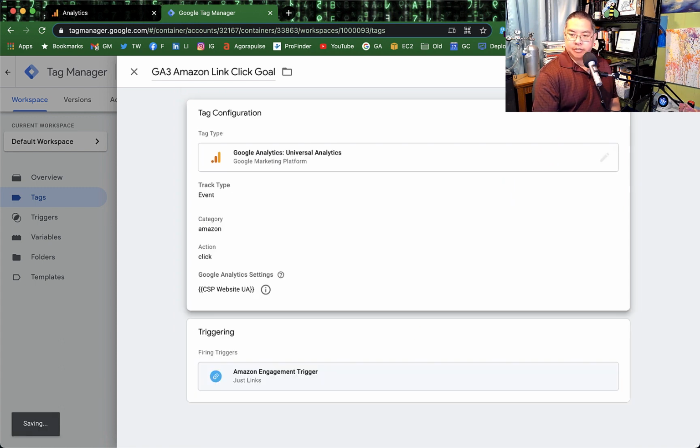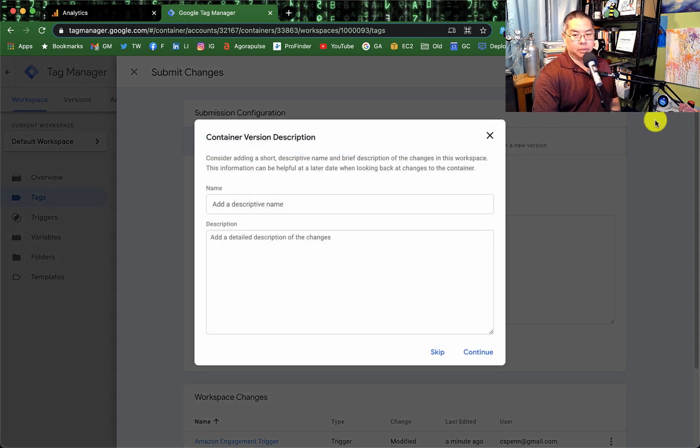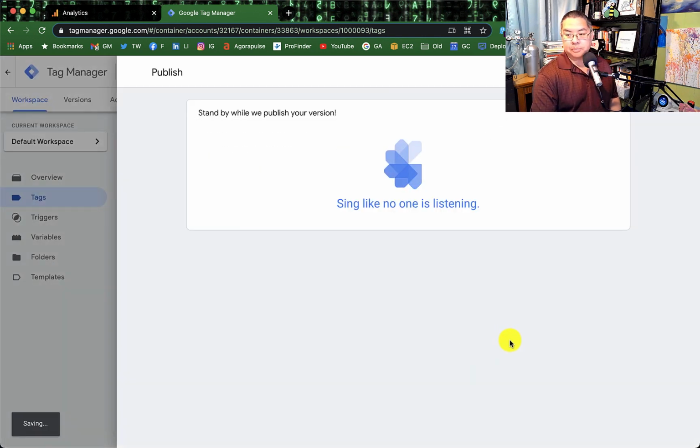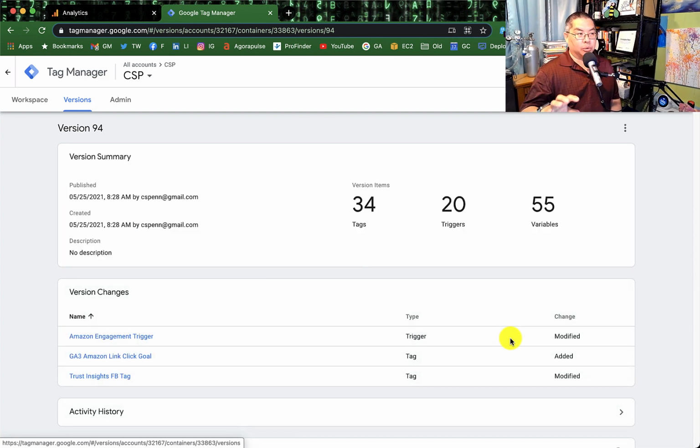I'm going to hit save. And now we publish our changes. Always do this part, otherwise nothing works. So that's the process for setting up a goal, even if it's a destination goal, that for GA3 that is